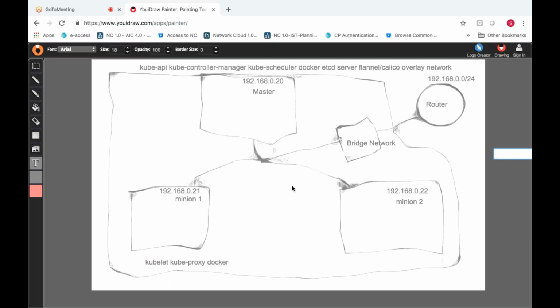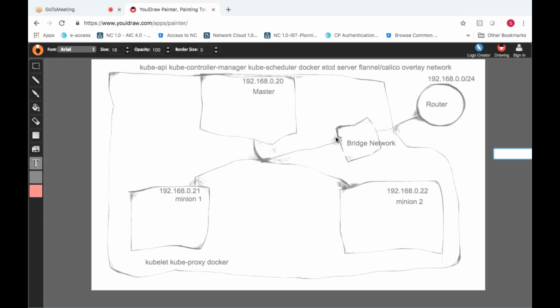Sorry, not pods, it's physical servers. You can see, that is what I'm saying. Three servers in the sense what? Physical servers, or it can be a virtual machine. What is a pod? Pod is different, I will tell you later. Let me come up with one after the other.